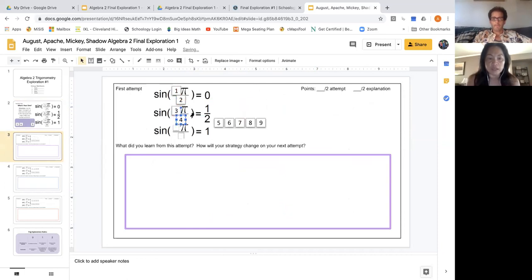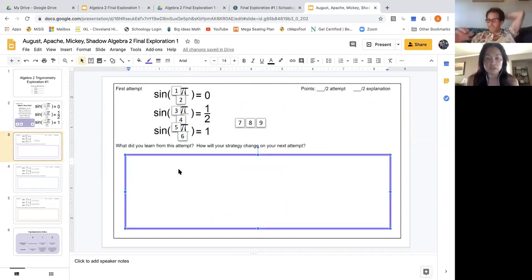And the super important part of this one is going to be the explanation that's here in this purple box. So all you need to do is click on the purple box, you'll see the cursor, and you can go ahead and type in your response. So in the first attempt, I was just dragging numbers, right? So I can just type in that,